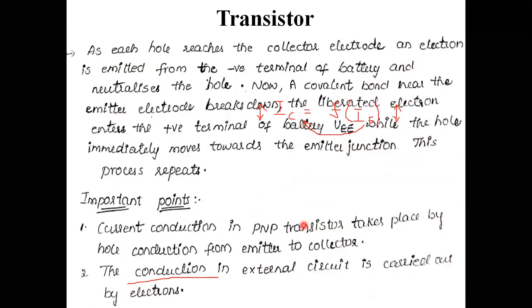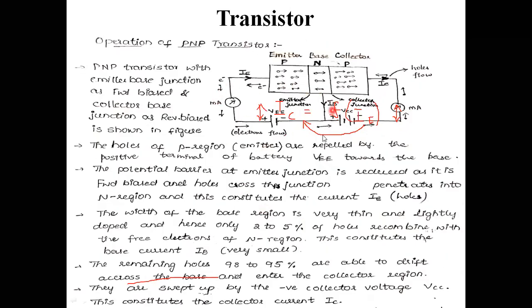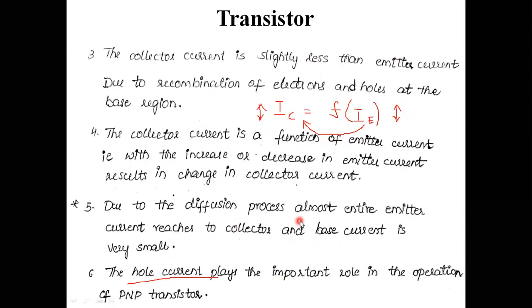This is the entire operation of the PNP transistor. If in exams you are asked to explain the PNP transistor operation, you need to draw a layered diagram. After drawing the layered diagram, explain what the flow of current is in this layered type of diagram, and how these terminals are connected to the voltage supply. Like that, we need to draw this diagram as well as explain each and every part. Okay, this is about the PNP type of transistor.